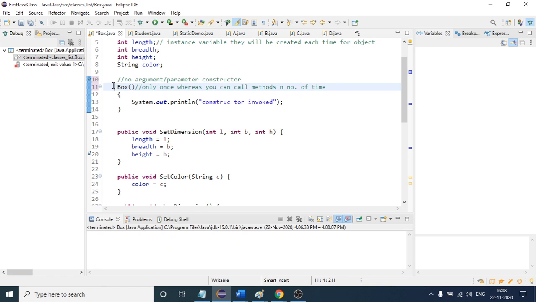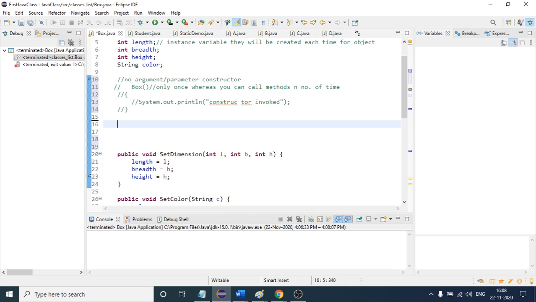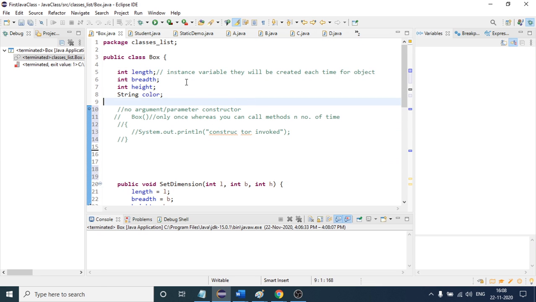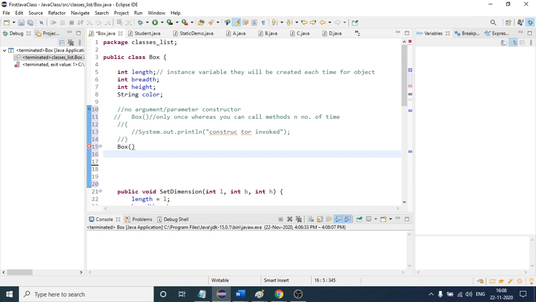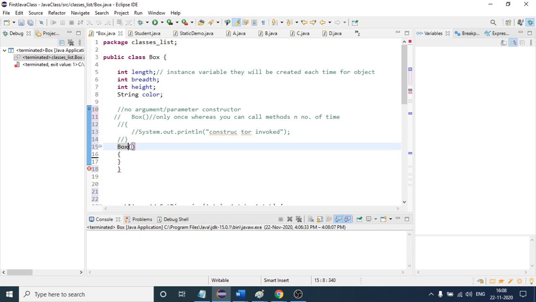so this is one, let me comment this. If I create a constructor like this, suppose I want to set the parameters as well, so again the constructor name will be the same as the class name. This is the first point you have to keep in mind. It is the same as the class name, and after that it does not have a return type, so before that you do not have to provide anything, right. After that, three parameters I have to set: integer length, integer breadth, integer height,